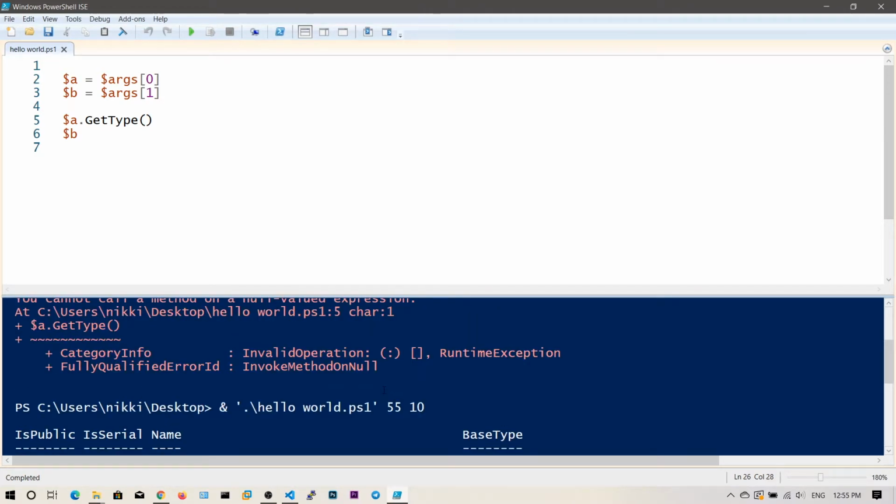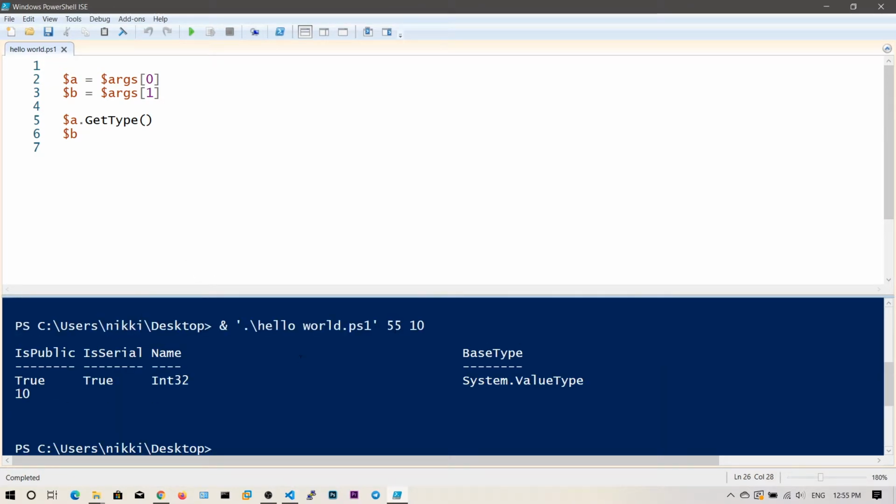Sorry, it will store it as a normal type because the array can store more than a number of elements, with different data types. So this is an integer, and we can also print the type of the second command line argument. Let's go ahead and run this. Now let's say hi. As you can see, the first one is an integer and the second one is a string. In this way you can access these command line arguments.